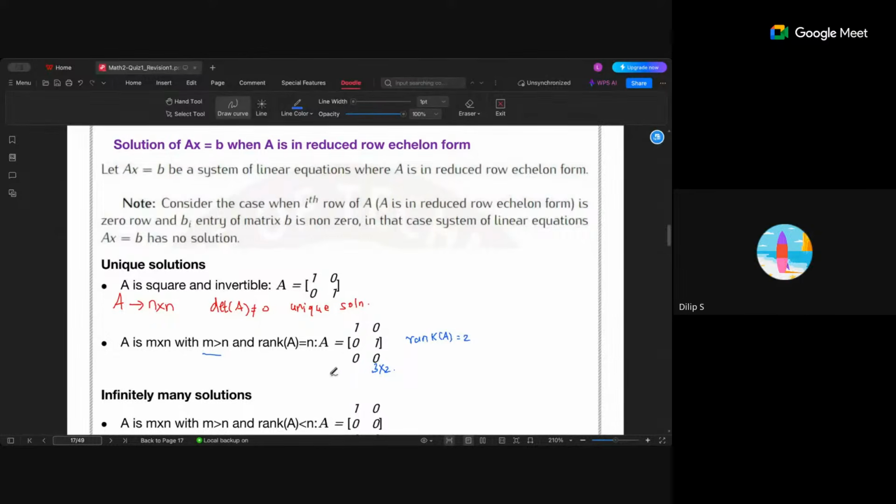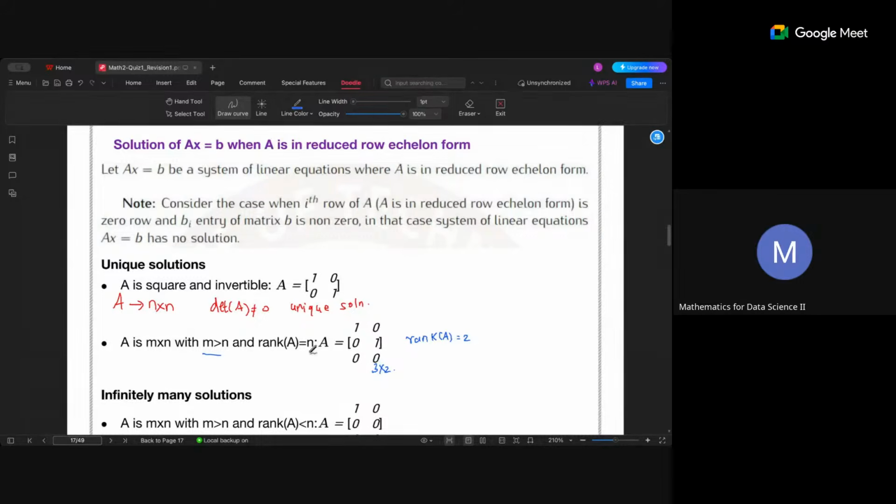How many solutions does it look like there are? Infinitely many? Unique? Either a unique solution, or it will have no solution. Unique solution. Okay, when m is greater than n